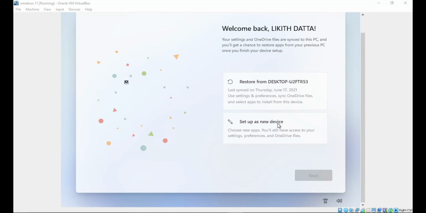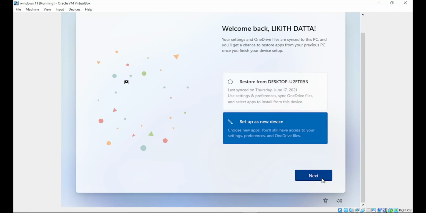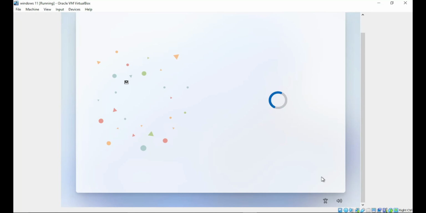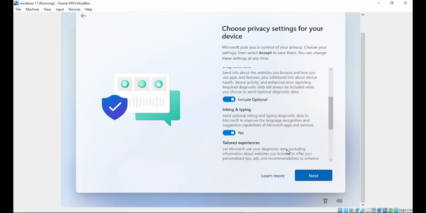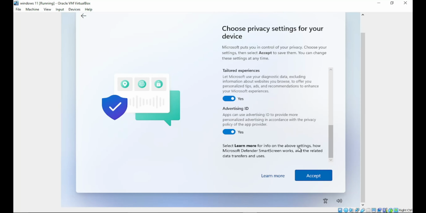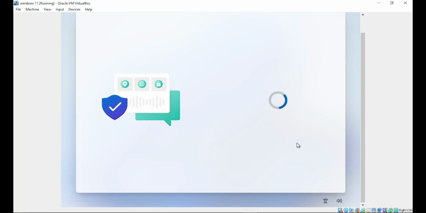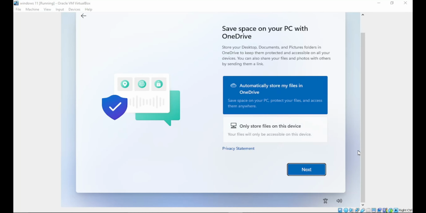After that, you have two options: set up as a new device or restore from your old device, that is Windows 10. I am going to set it up as a new device, and I am going to tick all the boxes and hit accept.